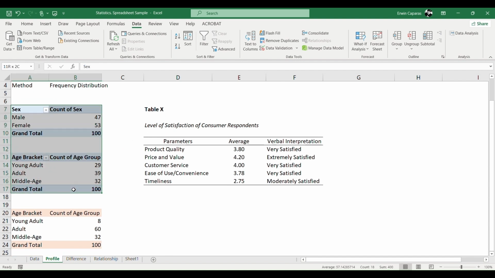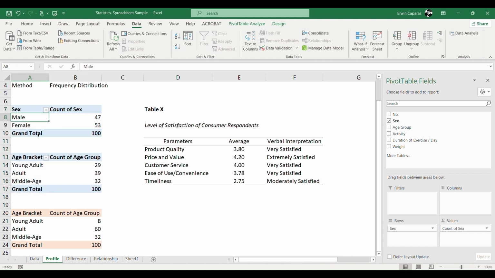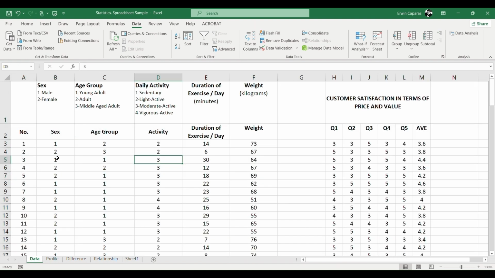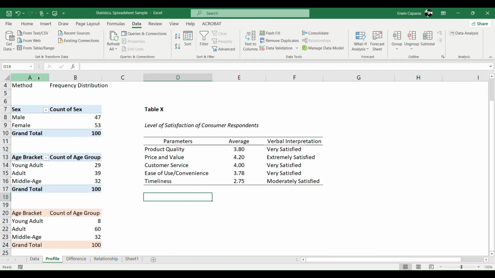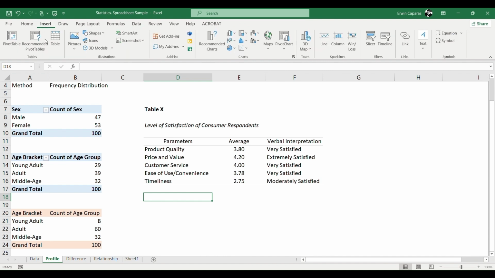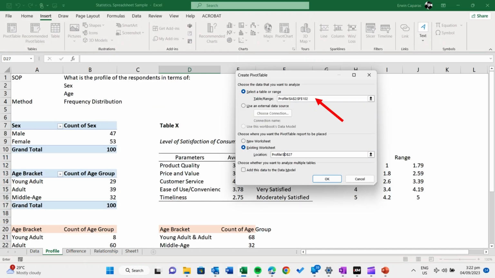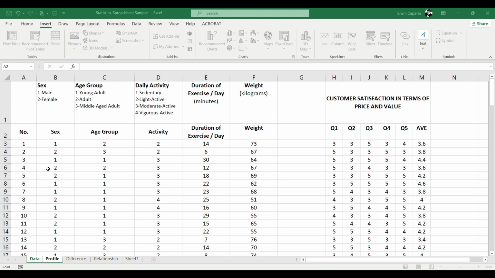Does that mean that we have to count the number one and number two in the data? The shortcut method is to use the pivot table. So let us have an example. We click insert, and on the upper left we have the pivot table, and then we select the table range. In our case, for the table range, we go to the data, and then we highlight from the number